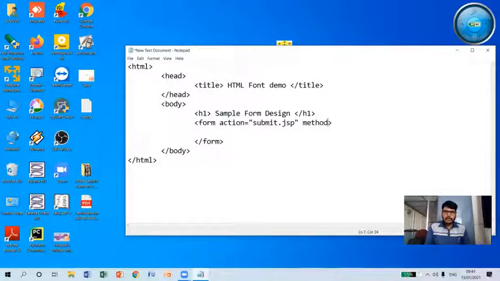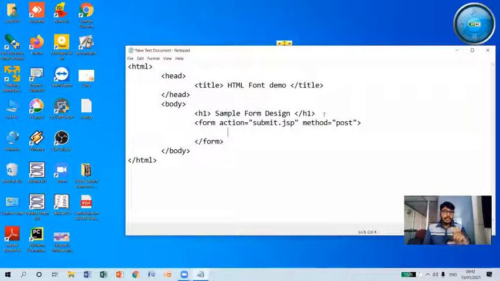And along with that, I'm going to write the method here, and let me provide the value as post. Either I can use get or post. In this case, I'm going to use post, and I will show you the difference between get and post. Okay. And now this is the basic mandatory thing we need to set for the form tag.